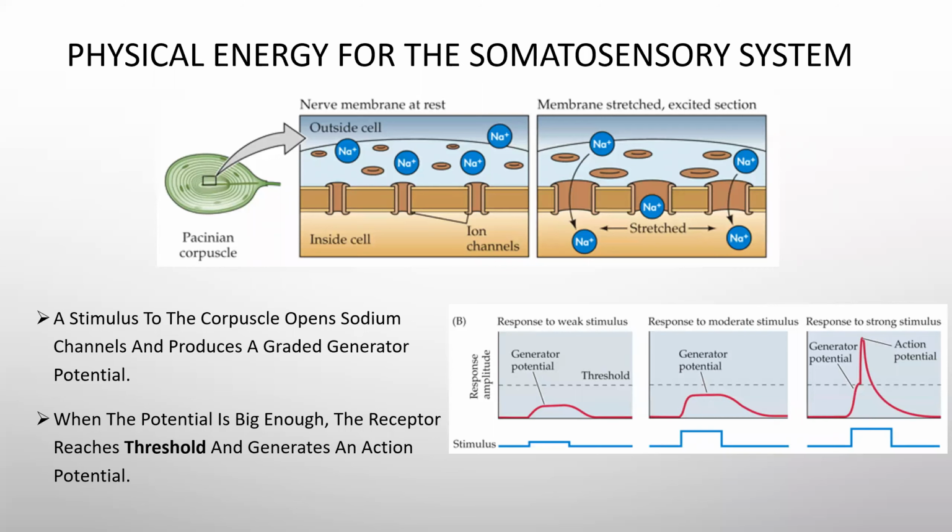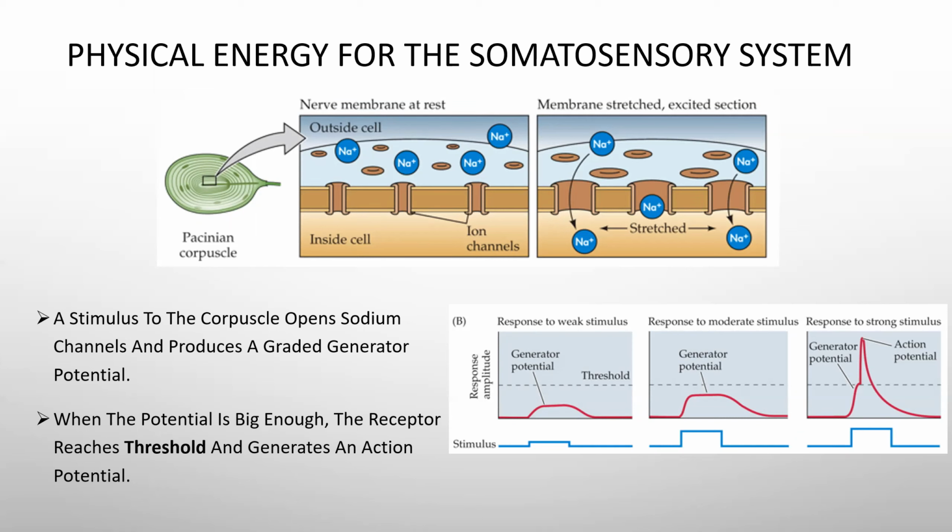Okay, so I'm just going to give you an example here of a Pacinian corpuscle. So you'll notice that a stimulus to the corpuscle opens sodium channels and produces a graded generator potential. We now know that sodium wants in because of electrostatic pressure and because of diffusion. Okay, and so that sodium coming in, if it's enough, it might reach threshold, which would then cause an action